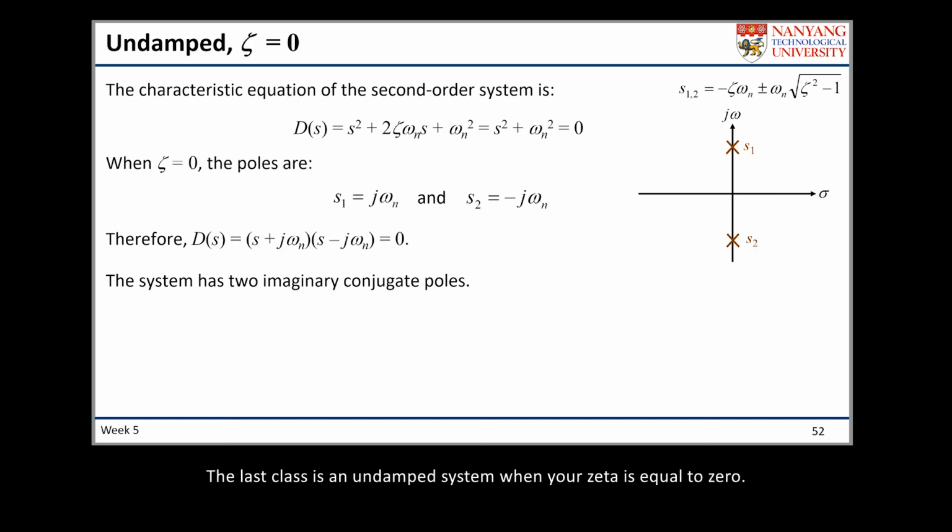The last class is an undamped system, when your zeta is equal to 0. Same like before, when you want to find the poles of this second order system, you have to apply the ABC formula to the characteristic equation. But remember now, our zeta is 0. So what we have now is square root of -1, right? Which is again an imaginary number with a unit of 1. So the poles of this undamped system, if you analyze it from this ABC formula, you will get a complex conjugate pair of